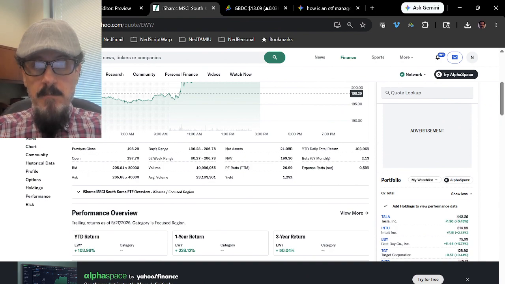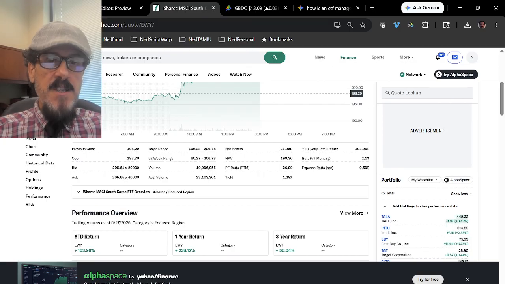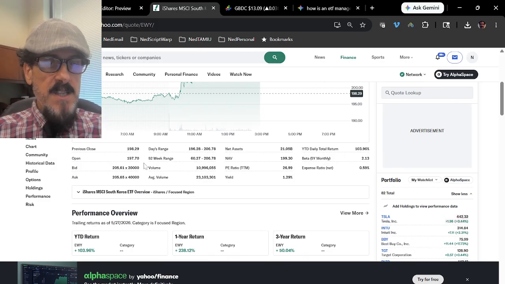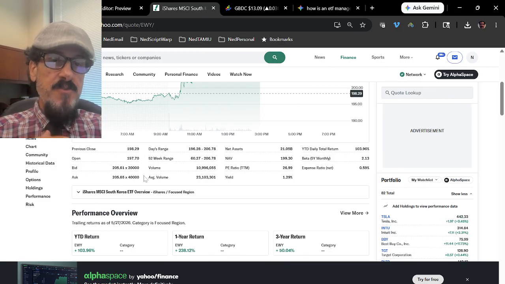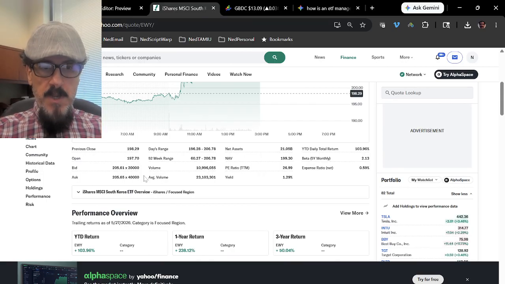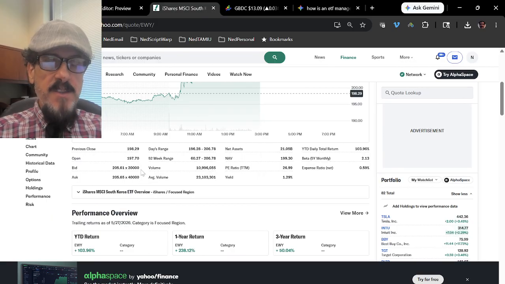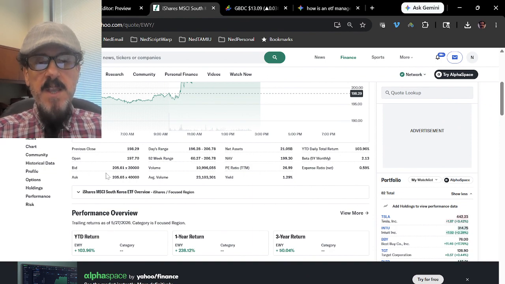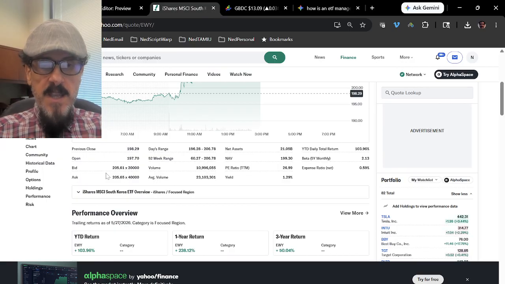On the screen, I'm showing you an ETF called EWY, an iShares ETF which tracks an index based on the South Korean market. As you can see, there is a bid-ask spread here. That's relatively small, but it's non-trivial. In ETFs with lower liquidity, the bid-ask spread is wider. You usually pay the ask price, and if you want to sell, you sell for the bid price. So in this case, if you bought it and sold it right away, you would lose money because of this bid-ask spread.